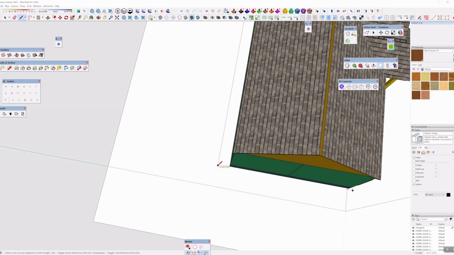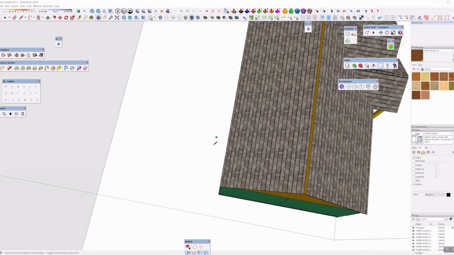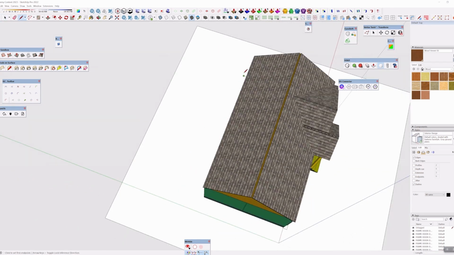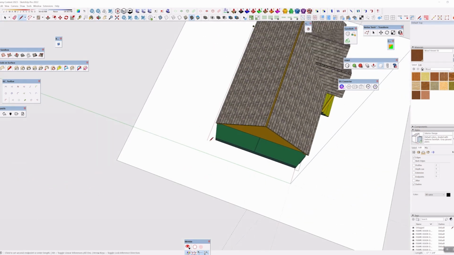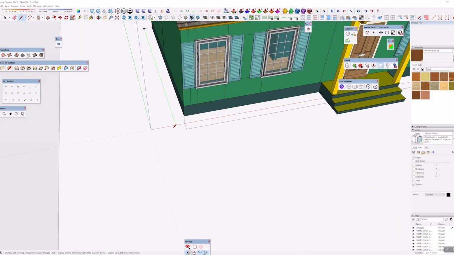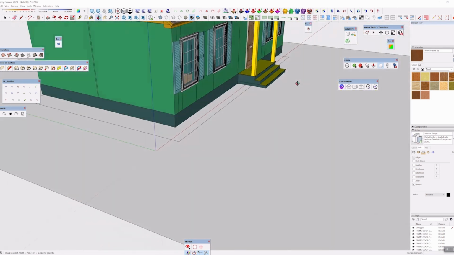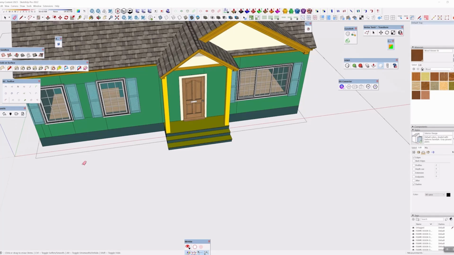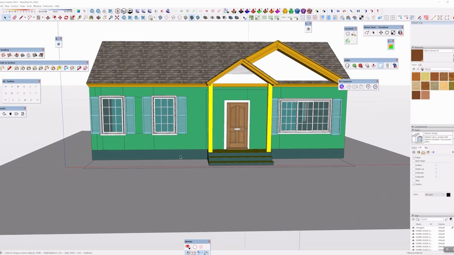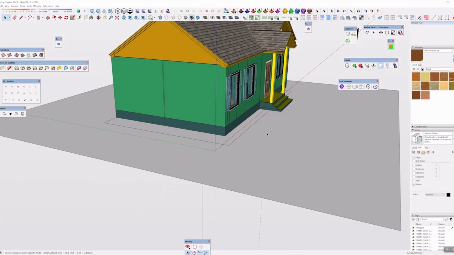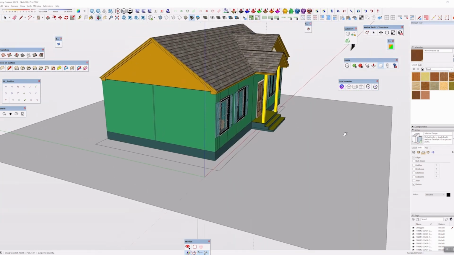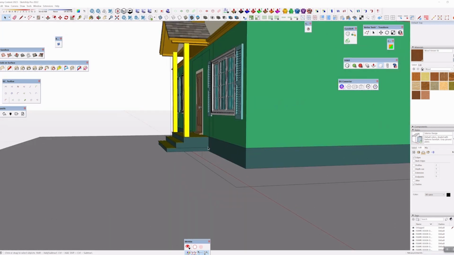Let's bring that all the way back to about here. Yeah, let's do that. I think I've lost my line, so hit L on the keyboard again, drag that back to about here, and keep bringing this back over. Now, I should be able to erase these lines in there nicely. You may be wondering what the point of this is. Well, if your house just sits on a green field, it looks kind of strange. So from a garden planning or garden design point of view,